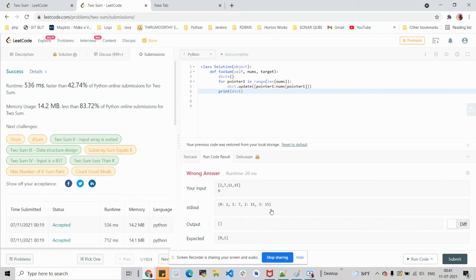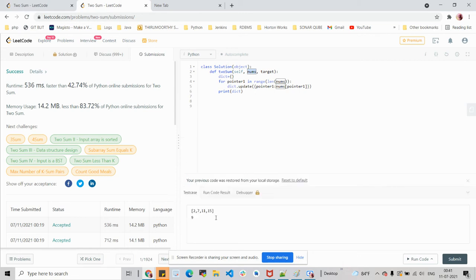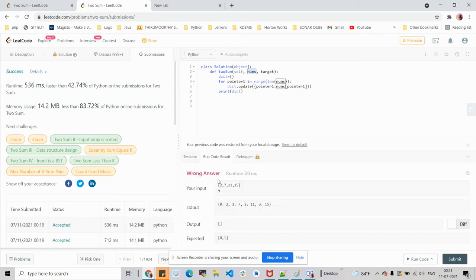So if you see, I've created the second data structure. The first one is the given list itself, and the second data structure is the dictionary. And this dictionary is now holding the list values here, with the zeroth index being the first element of the list, the first index being the second element, and so on. I've inserted a test case here, and for this test case you are seeing the respective second data structure which is created.